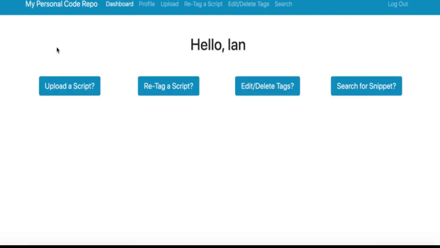Go back to the dashboard. So that's it. That's a quick overview of how to use the